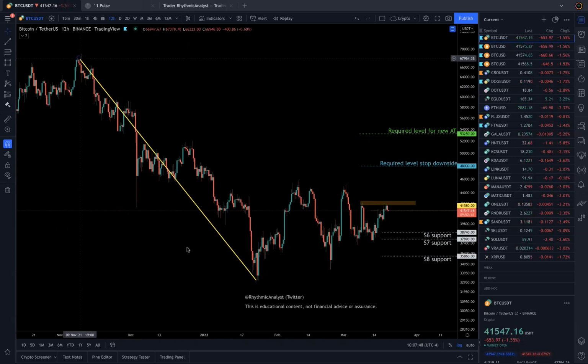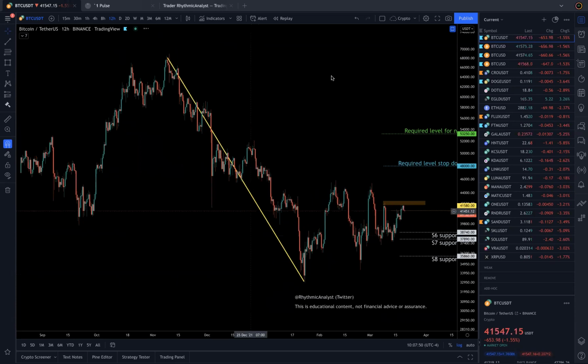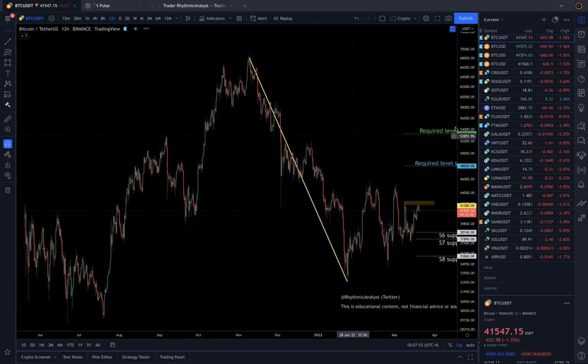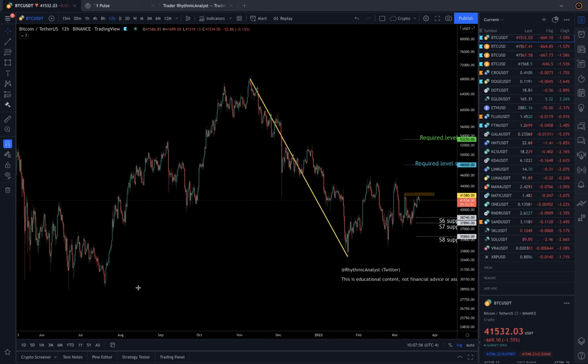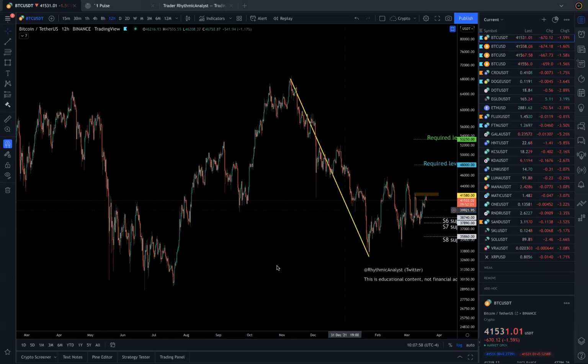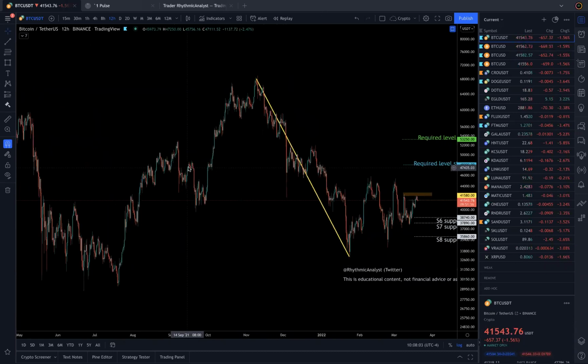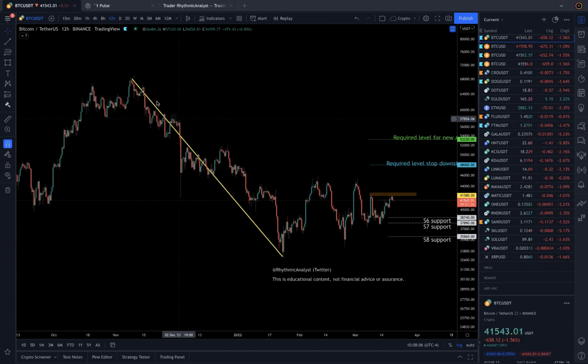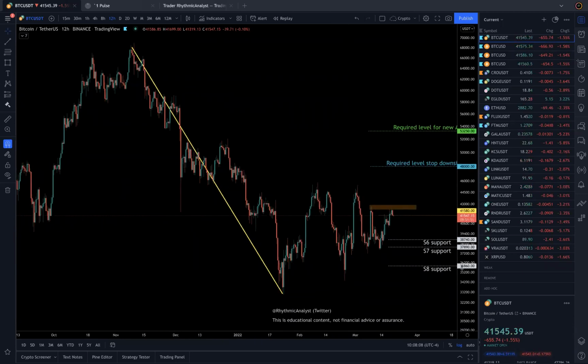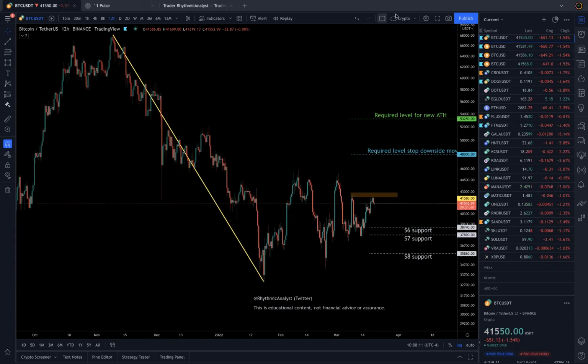But in short, this is a single wave with respect to what? With respect to the main trend, or maybe you can say with respect to this particular wave, which we'll look into as well. So first we'll focus on this immediate wave structure and then we'll expand further by zooming out. What we are seeing here is this part, but let's zoom out to the level where the correction started. So the correction started at 68k